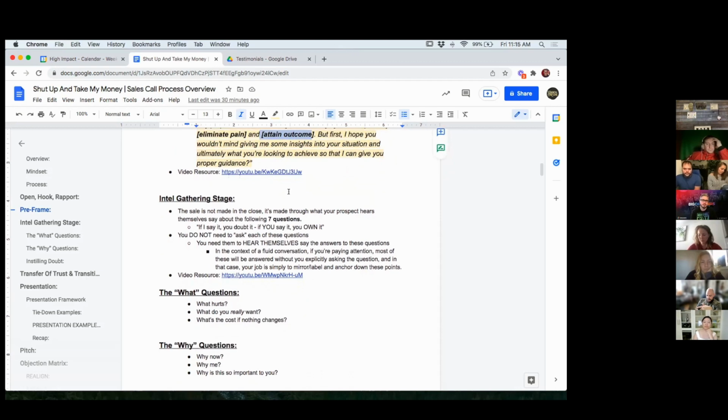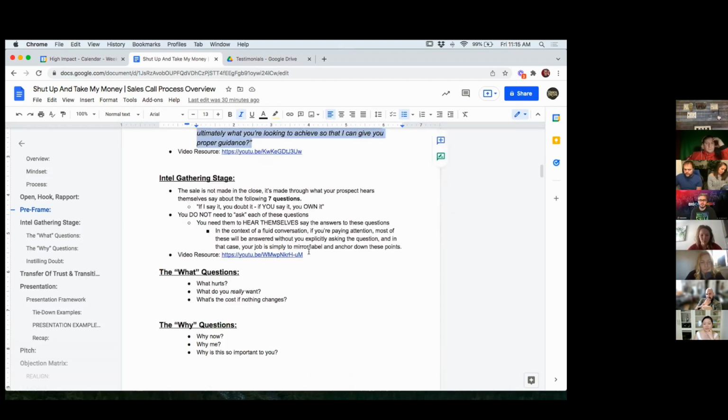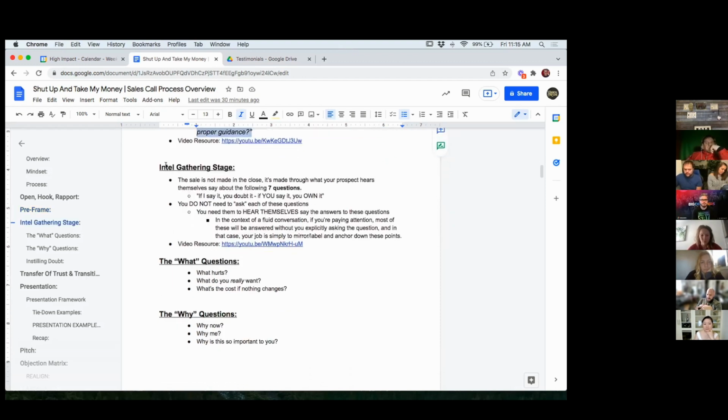A lot of people will miss out on a sale right here because they just launch into investigative questions and the prospect is shut down and closed off, and we never actually uncover what's really going on. However, if that's done right, we can then move into the intel gathering stage. Now,